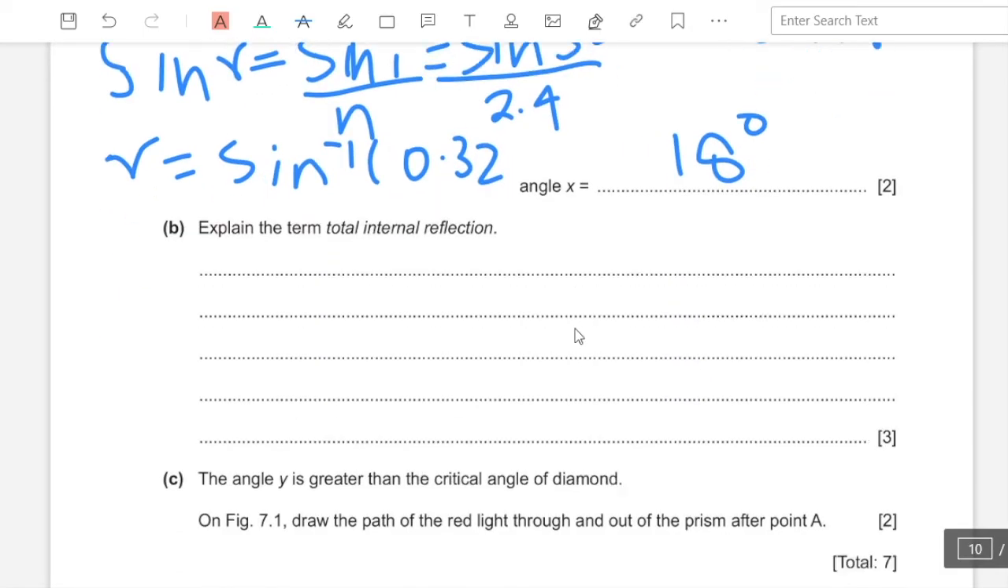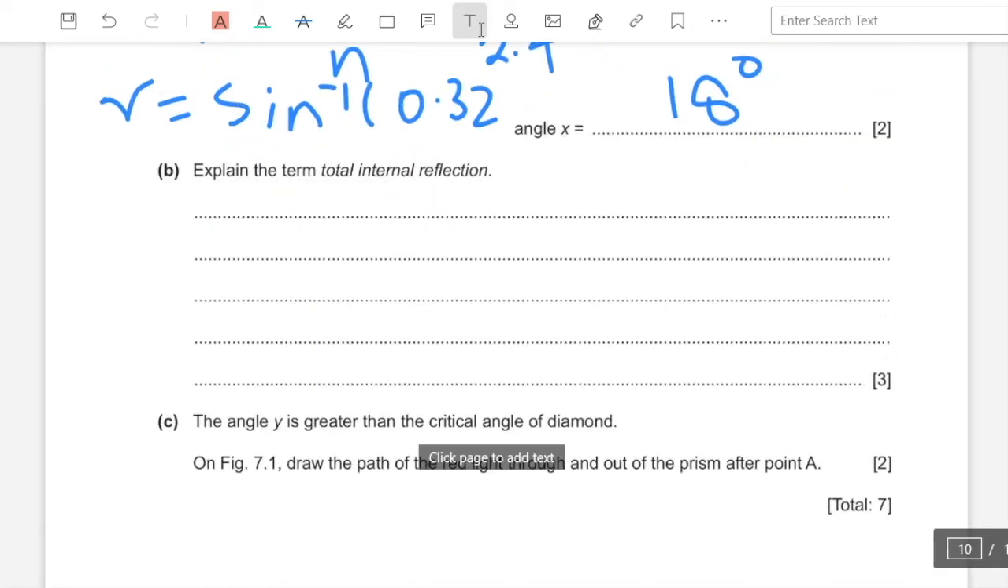B. Explain the term total internal reflection. It occurs